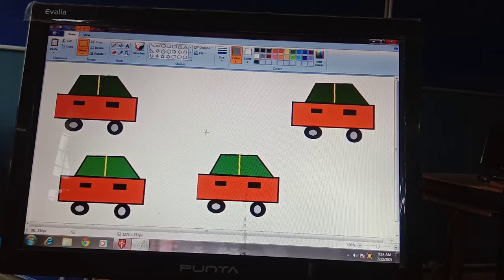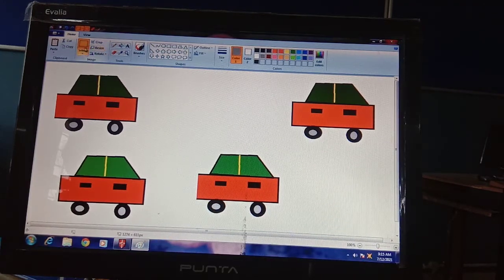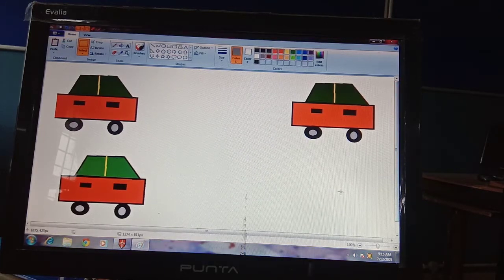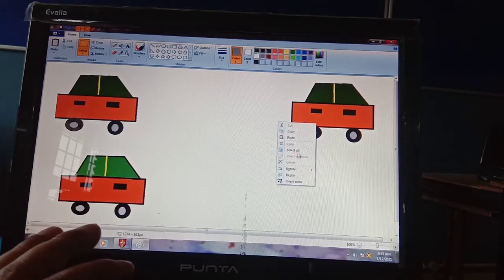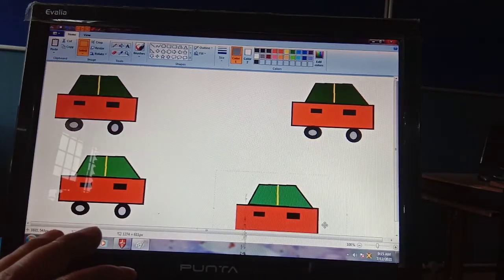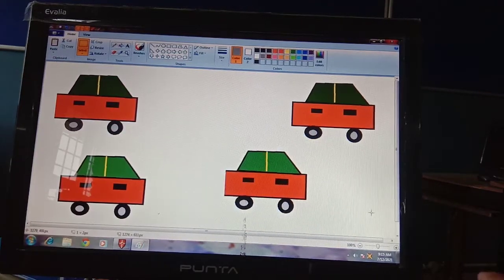Okay, clear? And when we are cutting a picture, what is happening? That picture will be removed from that place and it will be moved to another place.